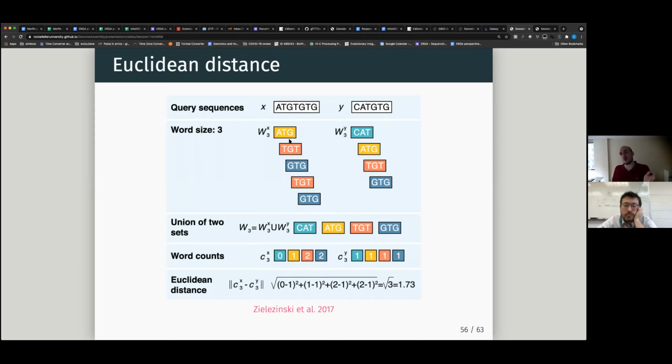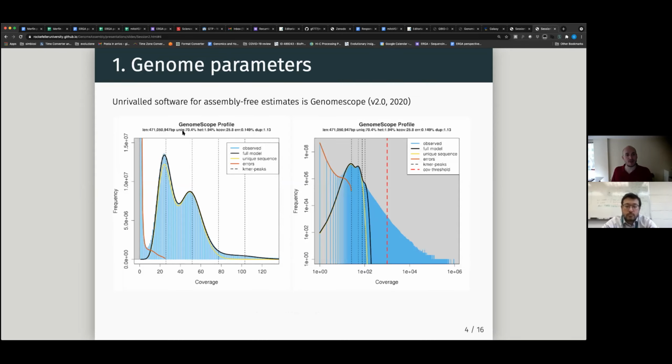Okay. So the De Bruijn graph is going to give you the K-Mers and their connections as edges, and this you can use for the assembly. But we can also use the K-Mers as they are, without having to look into the De Bruijn graph and the connections between the K-Mers. And that's what Genome Scope achieves. Okay, so we have